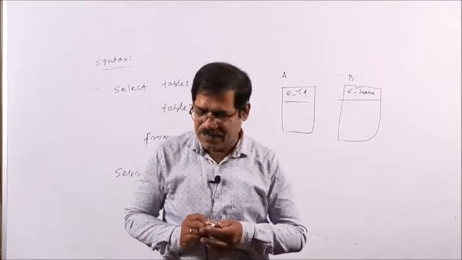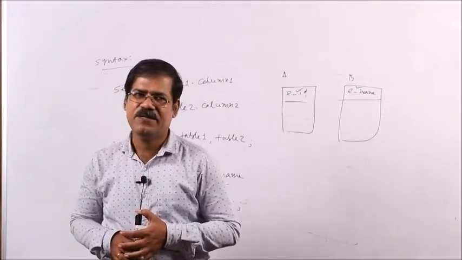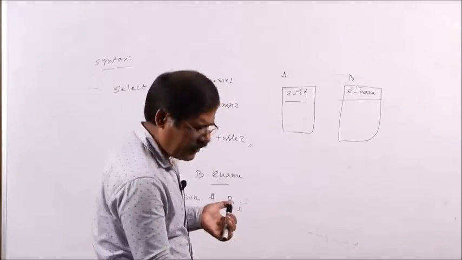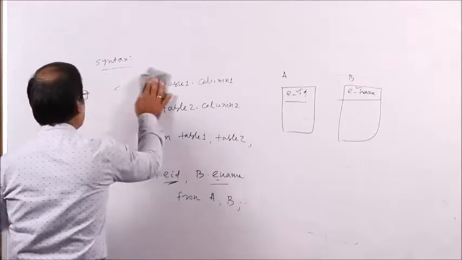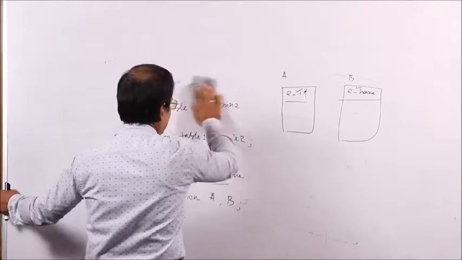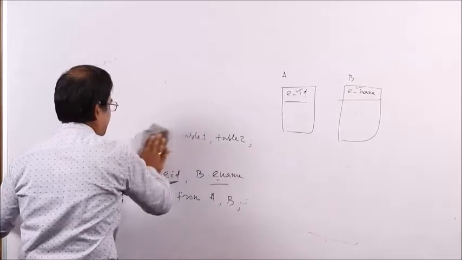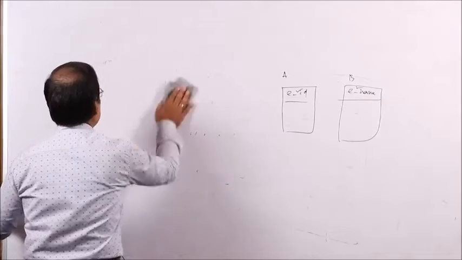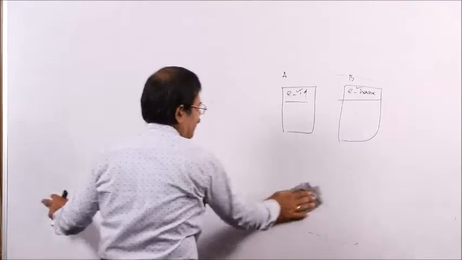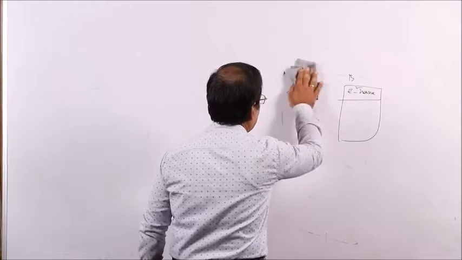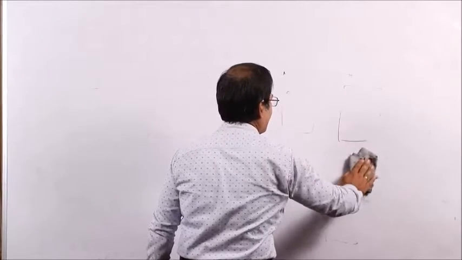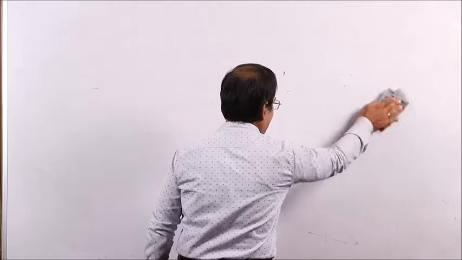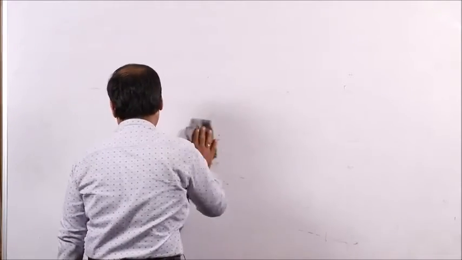That means both the attributes will be retrieved from table A and B and displayed on your screen. This is the practical point of view. When you do the practicals, then it will be clear. If there are any errors, you can easily detect them. So, this is one of the ways to retrieve the records from multiple tables, and the another concept is your